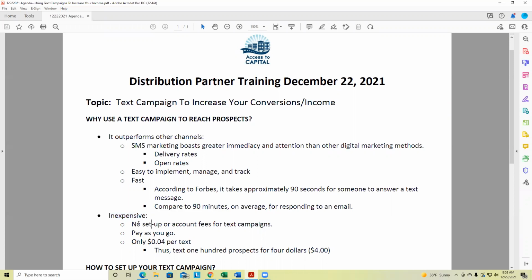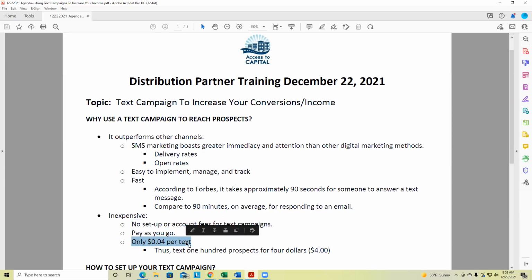We don't have any financial interest in any of the text blasting software. We've tried several, and I'm going to recommend one here as we get further down the page. The one that we recommend, which again, we have no financial interest in, we don't get any kickbacks from them or anything, but they don't charge any setup fees or account fees for text campaigns. You simply pay as you go, and their flat rate is 4 cents a text.